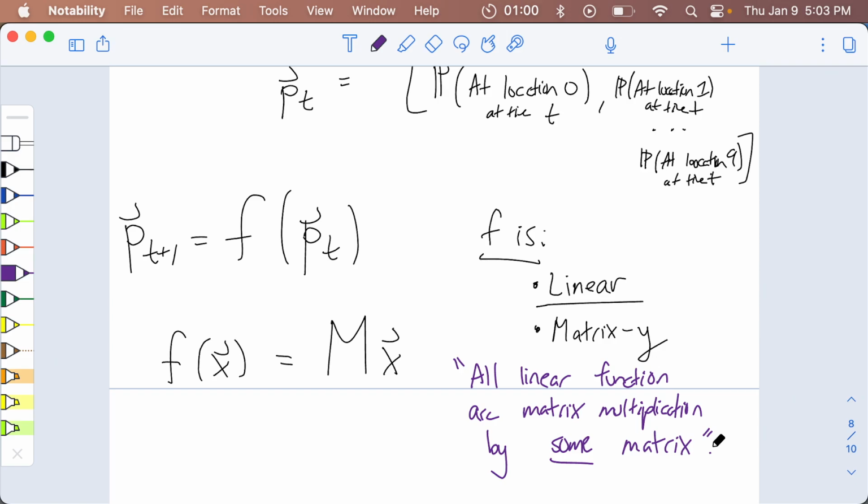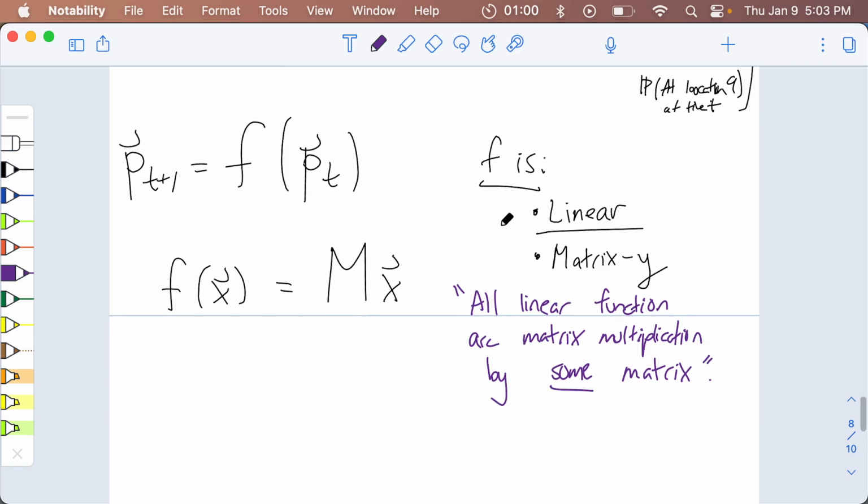Normally, this is how you write matrix multiplication with the matrix on the left. For historical reasons, you write it the other way in this Markov chain stuff. I don't really know why. But the way we're going to do it, and the thing that is actually true, is two things. So one small notational thing